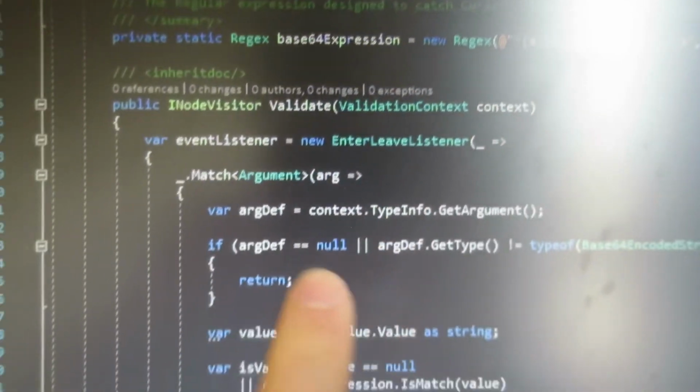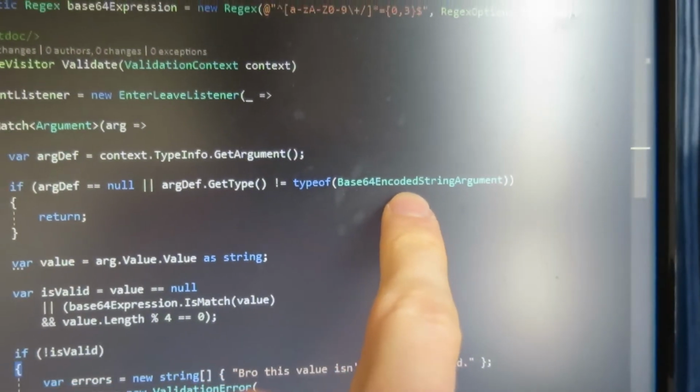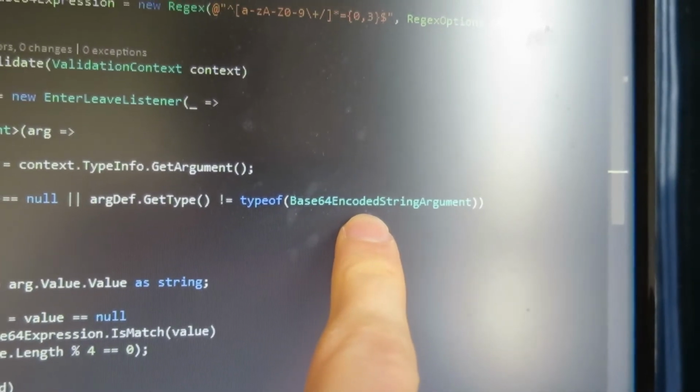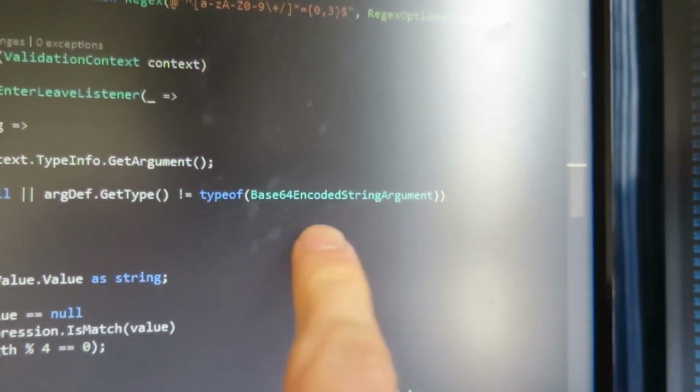What I was doing was I was going to write the validation inside the here. Obviously I'll handle the exception and throw you a nice error. In the errors is the resolution point, but I want to throw it at the validation point. I'm going to use something called an IValidationRule, and this does the validation at this point and it checks against arguments. So I've created an argument that only takes base64 encoded strings, and this validation rule will apply to all of those arguments.